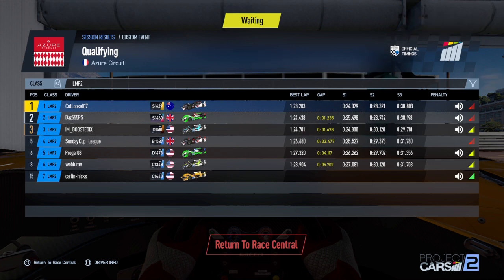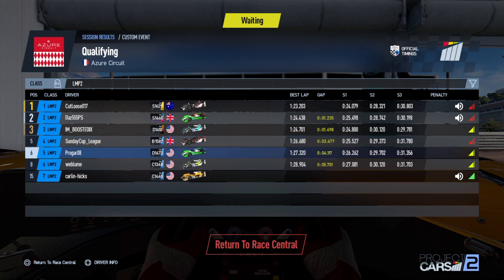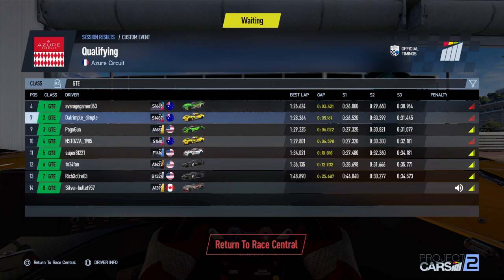Starting second will be Daz from Green Mountain Enterprises. Third is I'm Boosted from Inside Line Racing. Starting fourth will be Shano Kano in the Sunday Cup League account from the Aussie Race Team. Fifth will be Progar from Green Mountain Enterprises. Sixth will be Webloom from Inside Line Racing. That's your P2 class. Starting seventh and sitting on the pole in the GTE class will be Average Gamer from